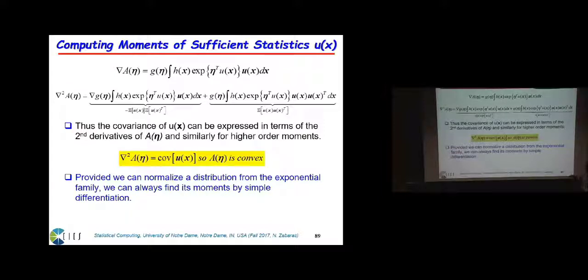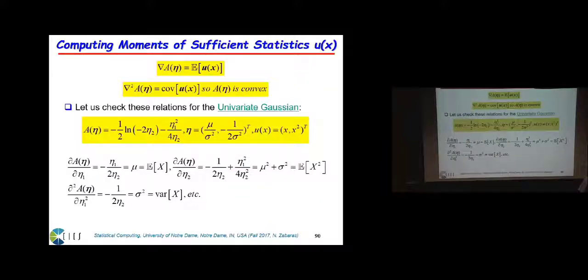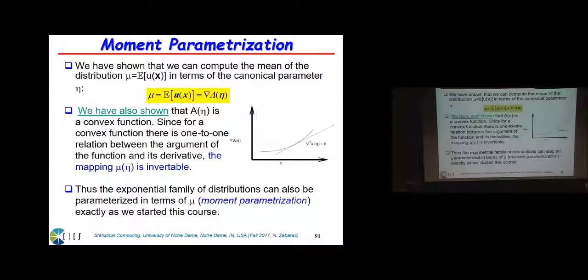But there is an important result here, okay? Do you agree that the covariance of u is non-negative, it's positive semi-definite, basically, all right? So what does it imply for the function A of eta? What type of function then A of eta comes to be? It comes to be convex. And if the function is convex, you know what that means? Look at this equation. You don't have to read everything. We just proved basically the function is convex, okay?